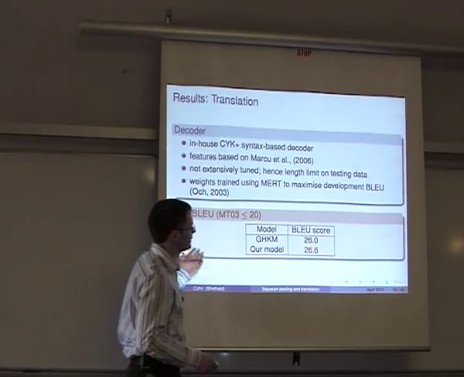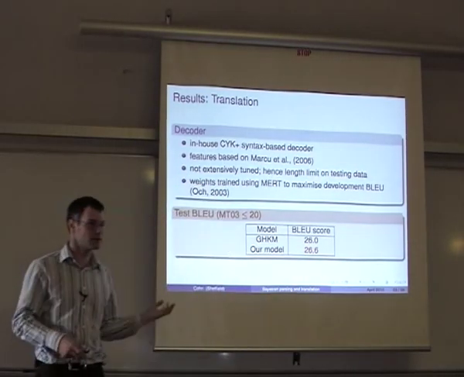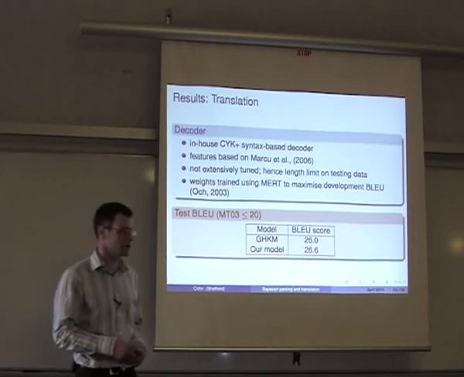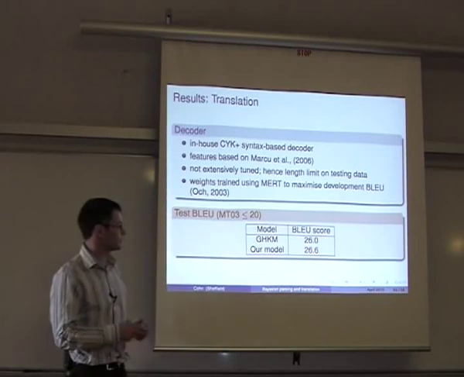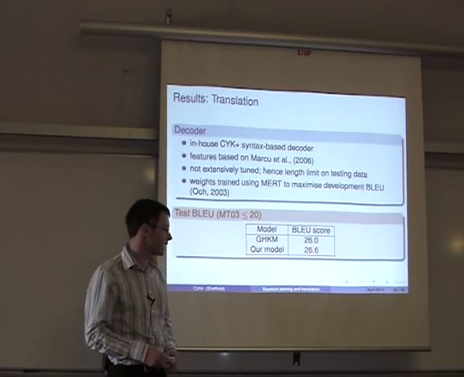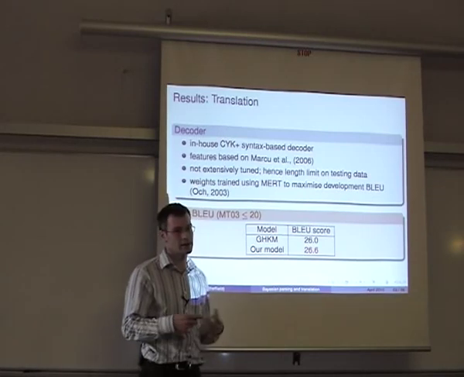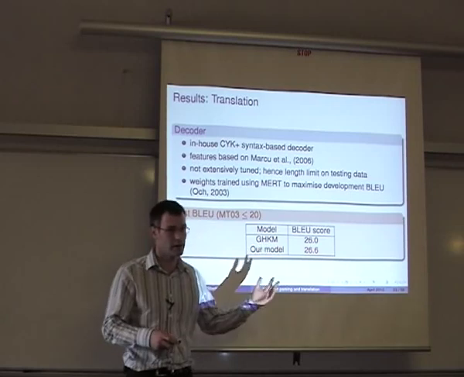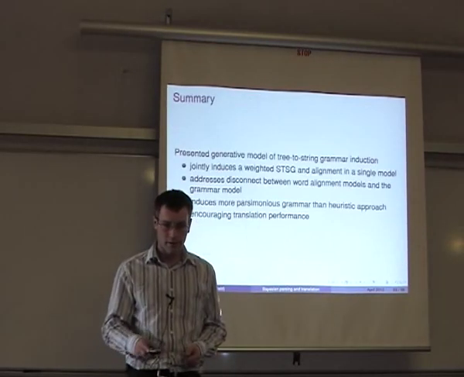And what we ended up managing to achieve was an increase over the previous baseline, which is a very strong method, so it's great to be able to outperform it, even if it's only slightly. And we intend to try and reduce this limit so we can run it on larger data, and also try extending the model in different ways and new inference to maybe get an even higher result. Okay, so now I'll just summarize.